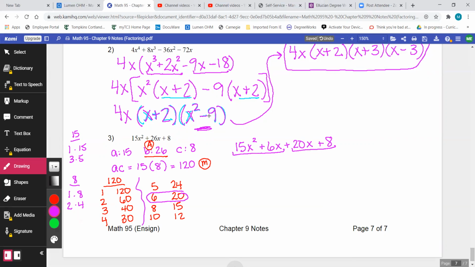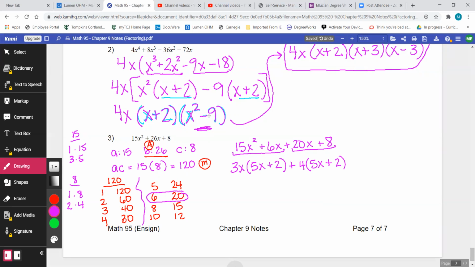So I have 15x squared plus 6x. What they have in common is going to be 3x, and what they have left over there is 5x plus 2. Plus, bring that plus down because this is positive, the biggest thing that goes into both of those is 4. And I'm going to be left with 5x plus 2. Okay, factoring by grouping,